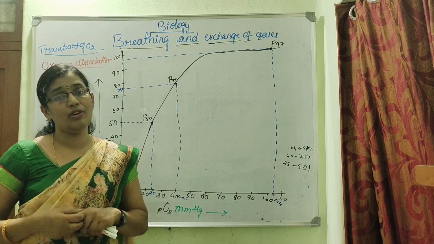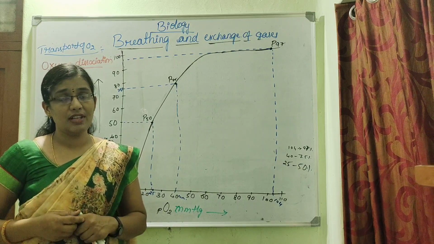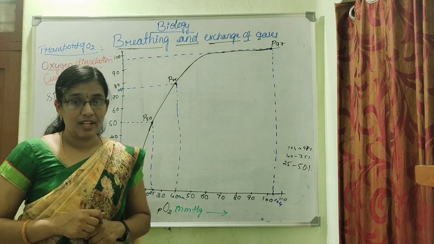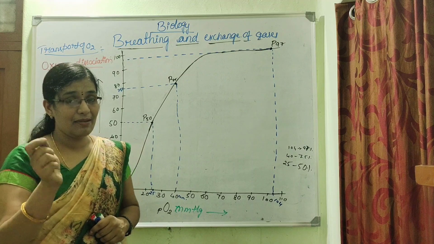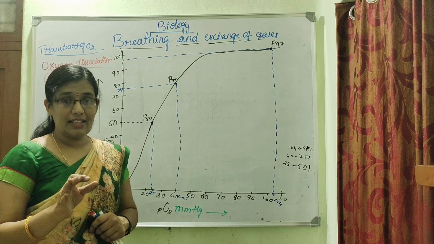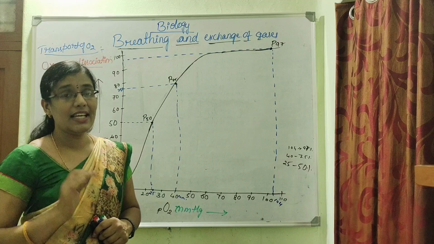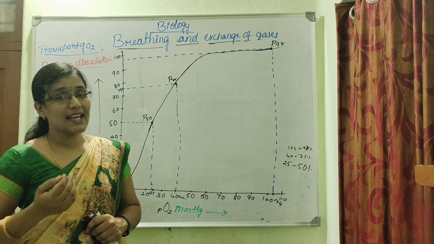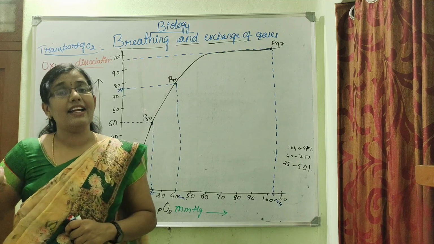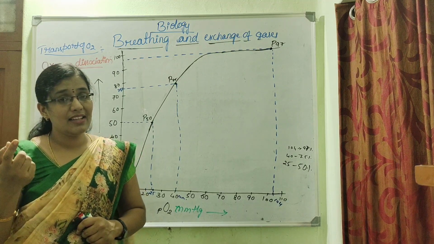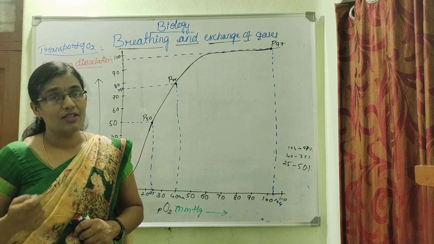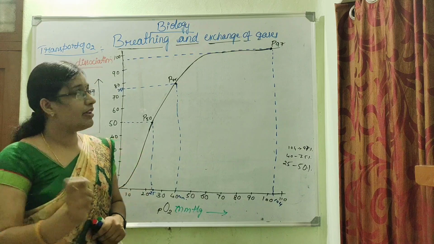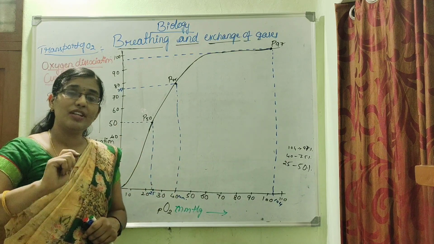So wherever you go, they will be using a pulse oximetry meter to check your percentage saturation of oxygen. If you have 95% and above, then you are healthy. They will be treating you as healthy. But when the oxygen level falls, if the percentage saturation is less than 95%, they will be thinking that you might be having corona. So the percentage saturation in a healthy human being will be about 95% to 100%.